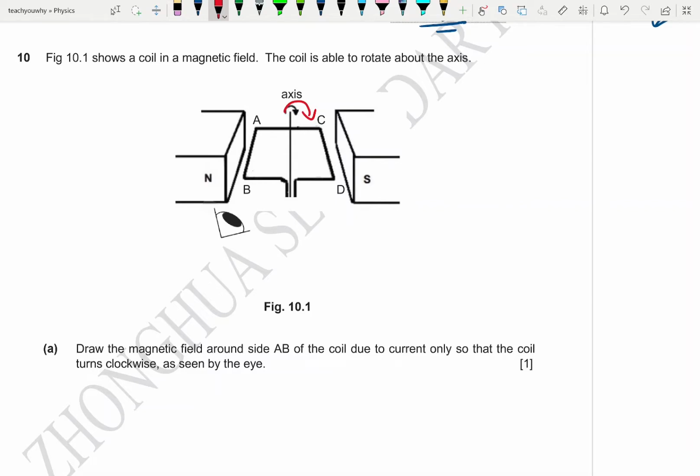Which means that you are experiencing a force here and a force here. Okay, so that you see your moment arm causes it to rotate this way. Your moment arm also causes it to rotate clockwise. All right, so the force on AB is upwards, the force on CD is downwards. Therefore,